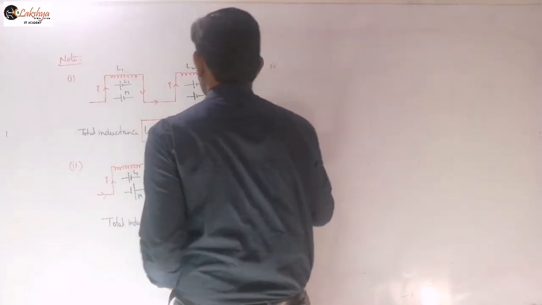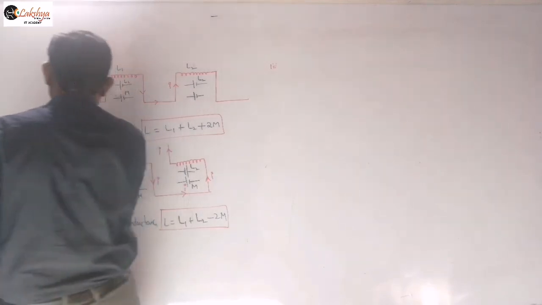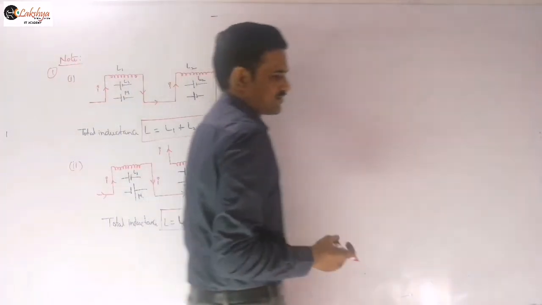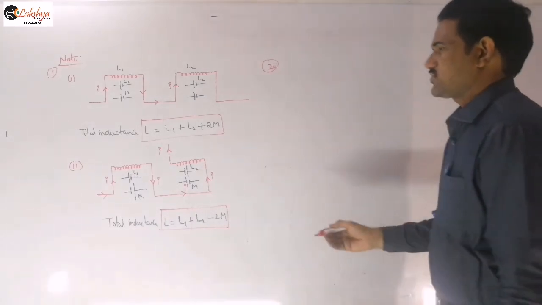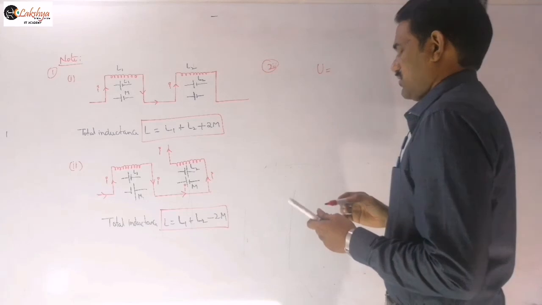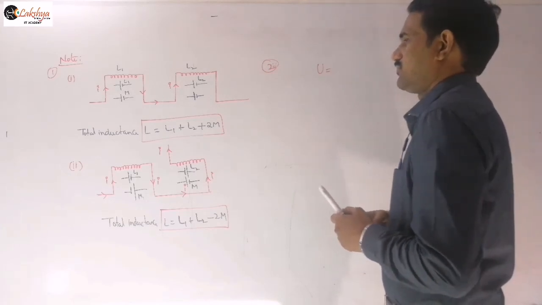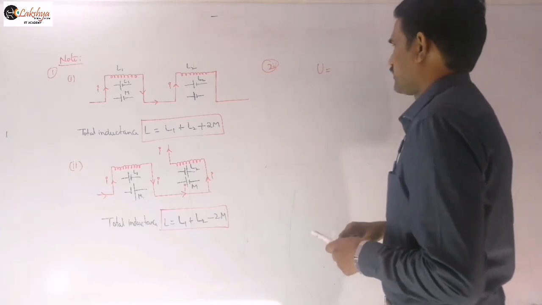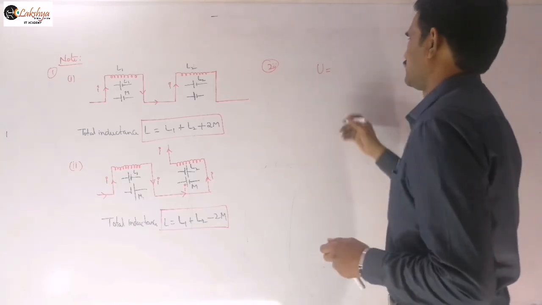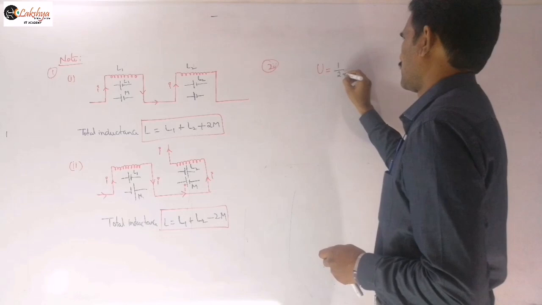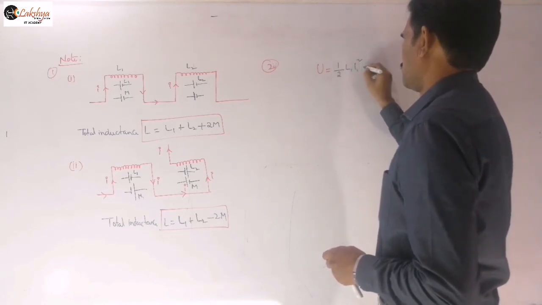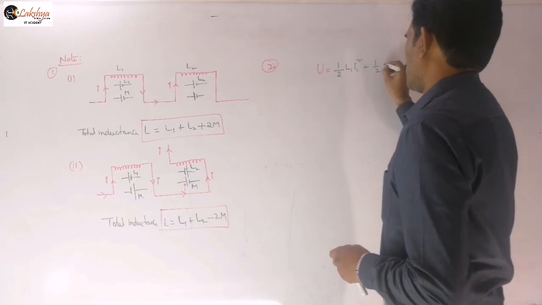That means this totally comes under one point. These are the two cases here. And now I am saying it as a second point, that means in terms of energy. So in accordance with that, you can write: when current in the two coils is in same direction, the energy associated with the system can be expressed as,